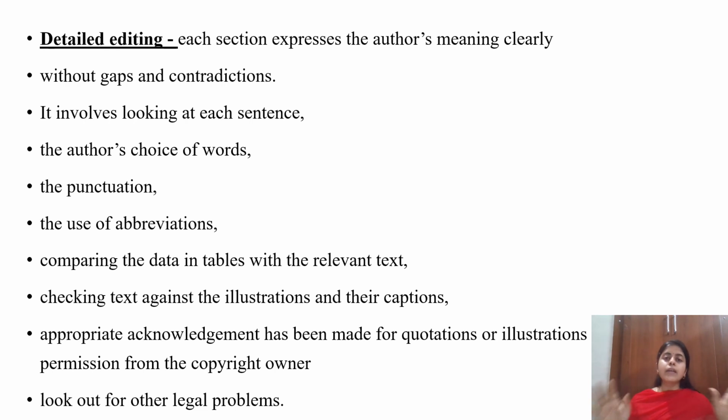So in this stage the copy editor looks at everything. And also in this stage the copy editor looks for libel and plagiarism, and also looks out for legal problems, whether any statement is added in the perspective of spoiling the reputation of others.